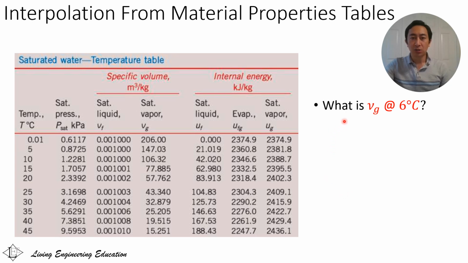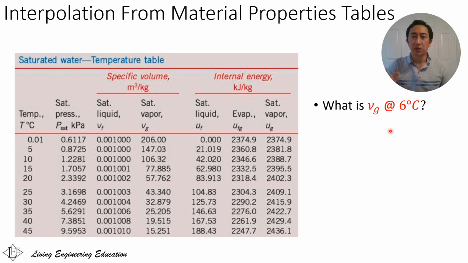So we're asked to identify the specific volume, right? That's this symbol here. Subscript g represents that for a saturated vapor. So we're looking at this column here at some temperature, 6 degrees. So if I asked you at 5 degrees, it would be as simple as pulling this value here. Then it would be 147.03 cubic meters per kilogram. But linear interpolation in general is